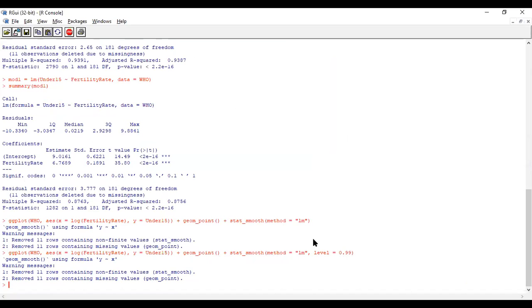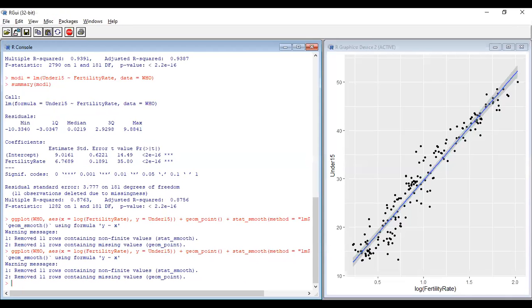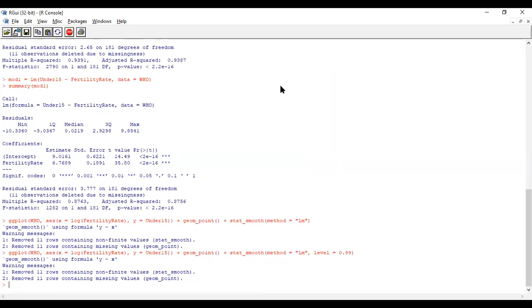You try to use this coding. I don't want that, only the line is enough. I don't want the confidence interval. You can use this function. Okay.